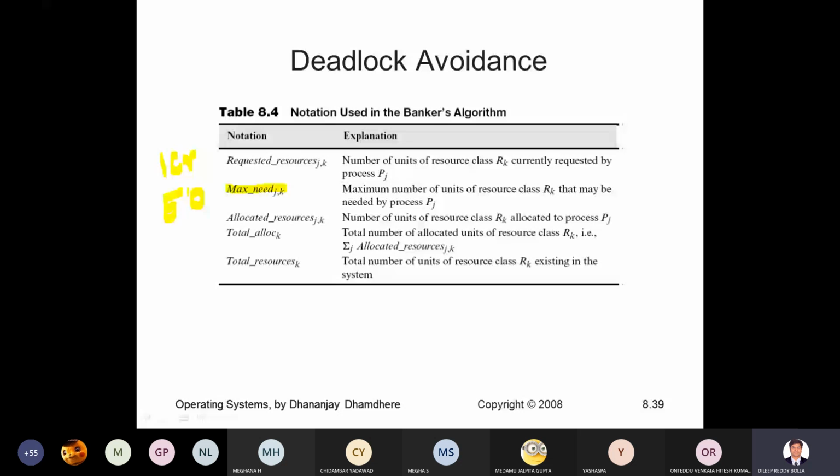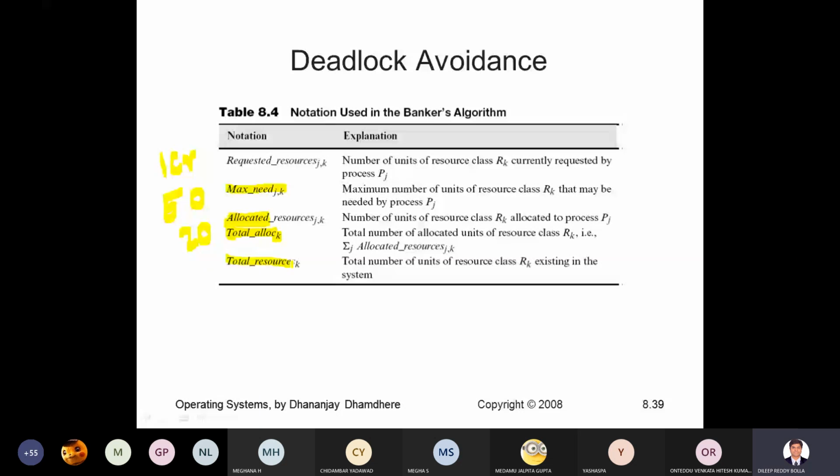Based on these two inputs, what is allocated to you? You may tell how much you may need immediately. You may need 20 lakhs. Okay, please take 20 lakhs now. After 3 months, I'll give you the remaining amount. Next is total allocation. Allocated resources 20: in total, how many they are given. Like this, 20, 20 every month they are going to give. Total how much they are going to give, that is total allocation. And total resources: total how much they can give, total how much they have given.